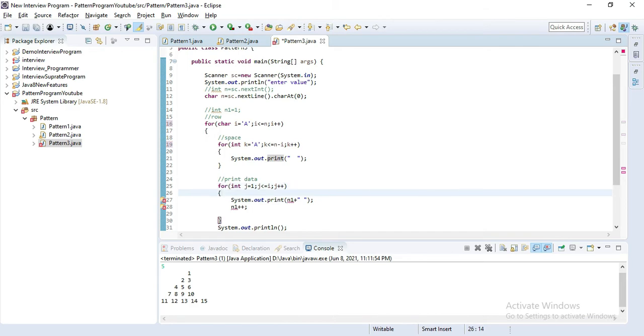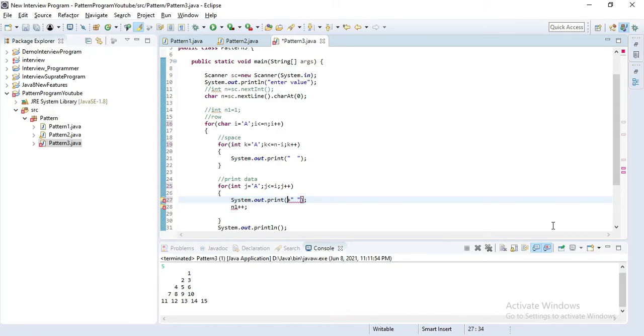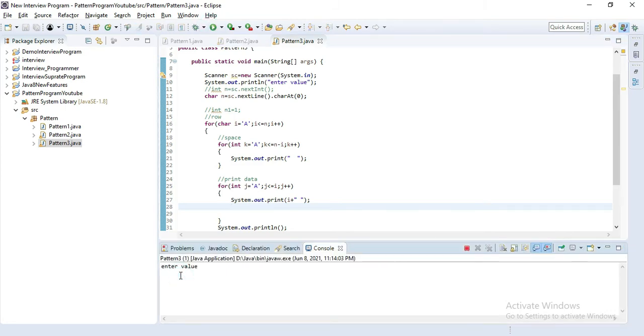For print data we have to define j equal to 'A' also, and i. Now you can see it's incrementing row wise, so pass i here and remove this. Let's save this, run this program, enter 'E', and hit enter.